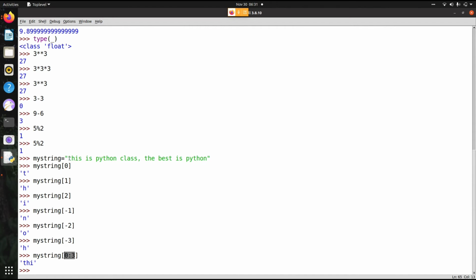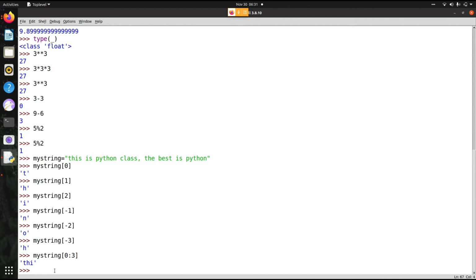The 0th index is this one, T, then 1 and 2. That's why we are having THI. S is the 0, 1, 2. So we are saying give me from the 0th index up to 3 elements. Not exactly 3 elements. We are saying 0, 1, 2. Till 3 you give. Before 3 you give.